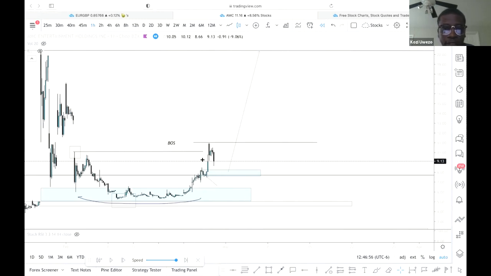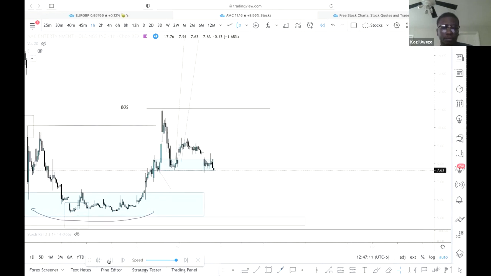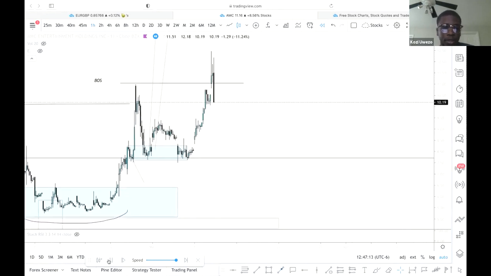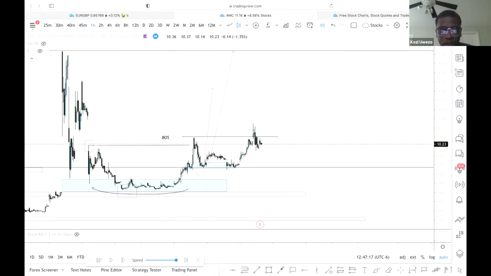So for this to continue up, price has to come down here, right? The zone that caused the break of structure, and continue to the upside, which is exactly what happened. Even though we played in that zone a little bit, if price had broken the zone right here and went lower,